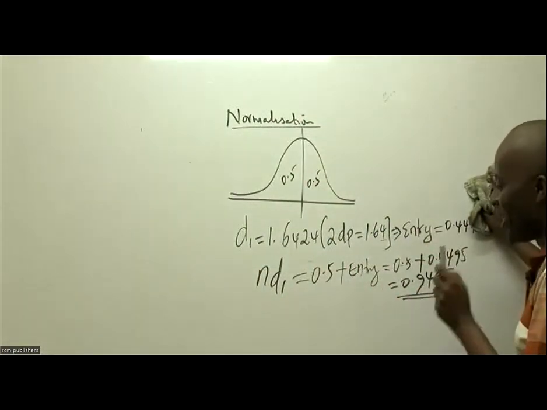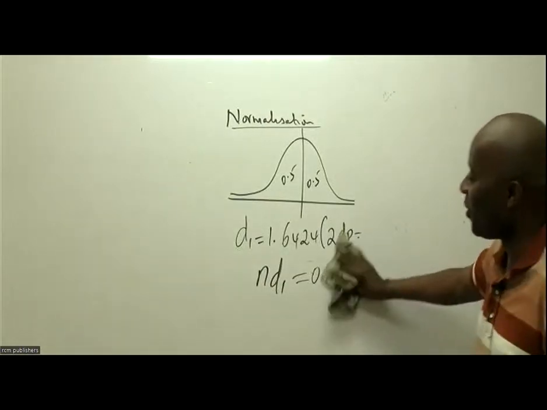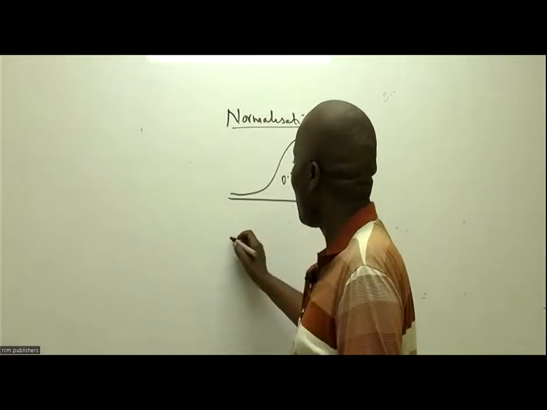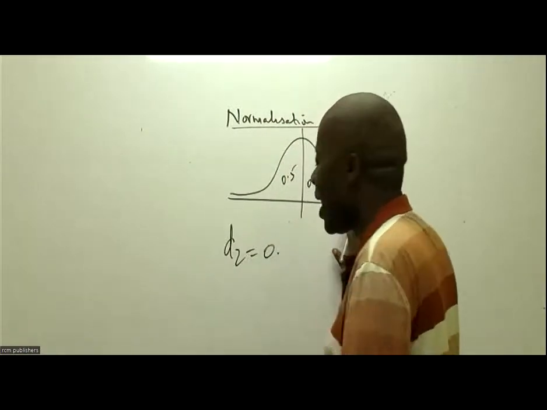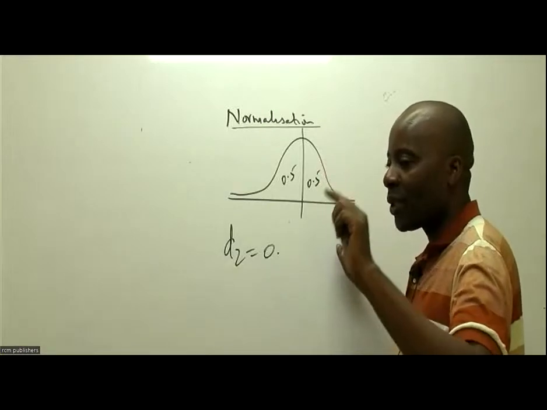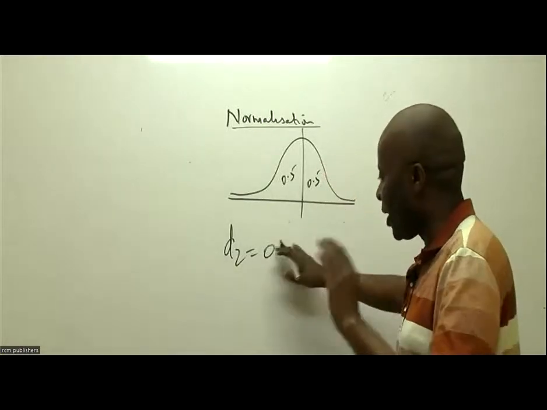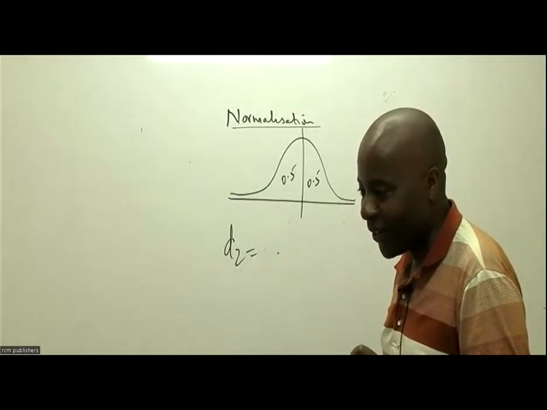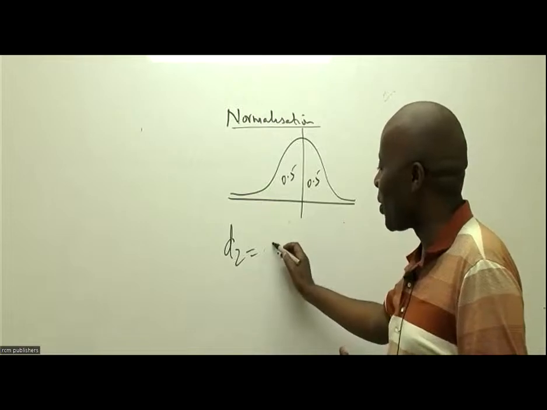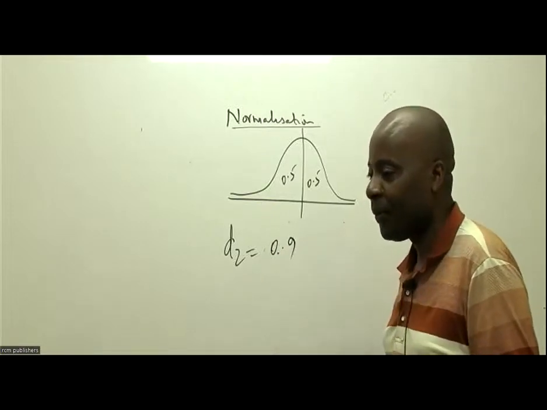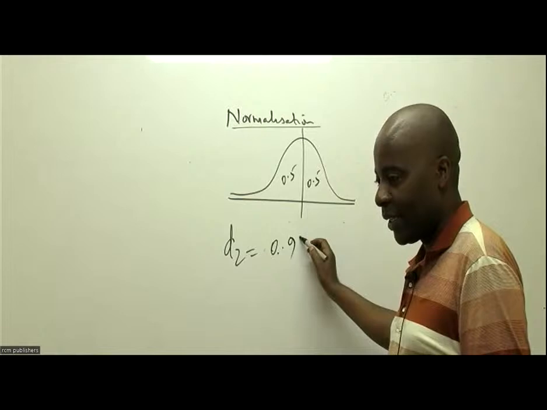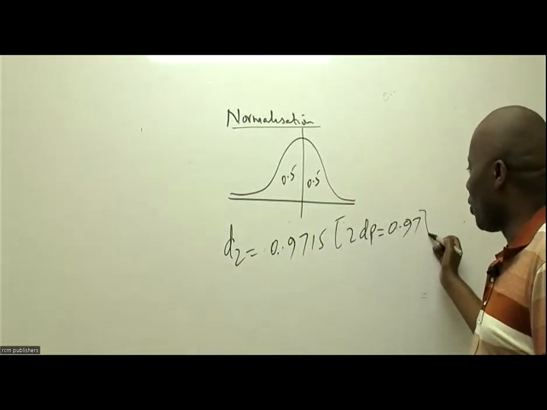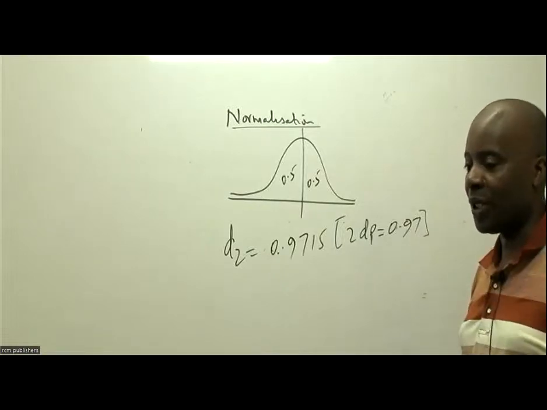So that is ND1. You can see another tip there from our good friend: you save only the vegetable money every day and you buy a calculator. So let's go to D2. Let me remind you, D2 was 0 point something. A student asked, what if D2 is negative? First of all, give me the value of D2. It was 0.97. In normalization it must always be 2 decimal places.